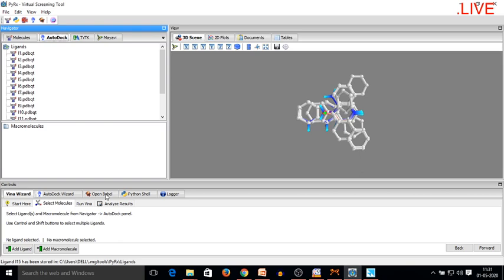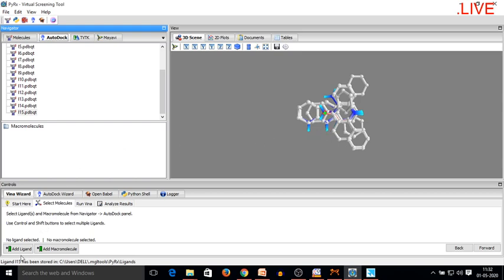It can convert any file format of computational requirement to another one, and it is again free to use. So you can also use this Open Babel software apart from this virtual screening tool.